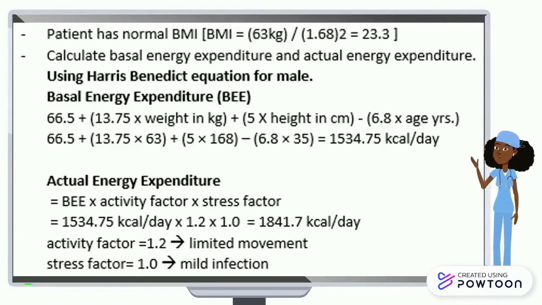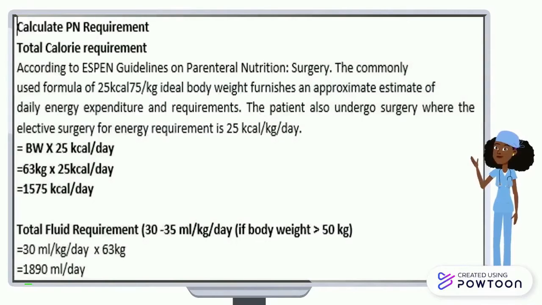Before supplying parenteral nutrition, we first need to calculate the patient's BMI. After that, we can calculate the basal energy expenditure and actual energy expenditure using the Harris-Benedict equation for male. For the actual energy expenditure, the activity factor is 1.2 due to the limited movement of the patient, and the stress factor is 1 due to the mild infection experienced by the patient. Then, we can proceed to calculate the parenteral nutrient requirement, involving the total calorie requirement according to ASPEN guidelines on